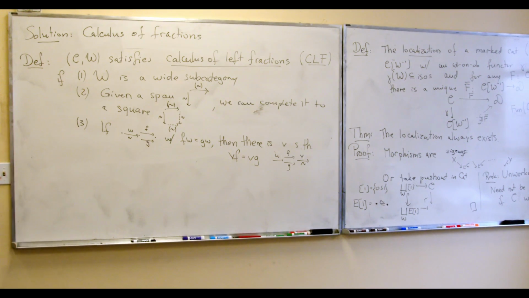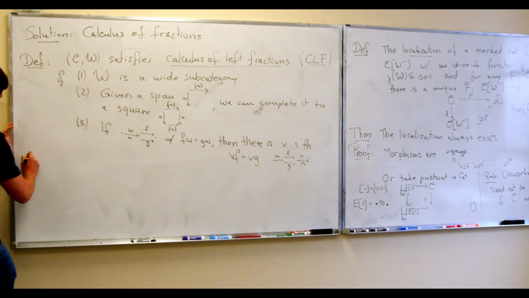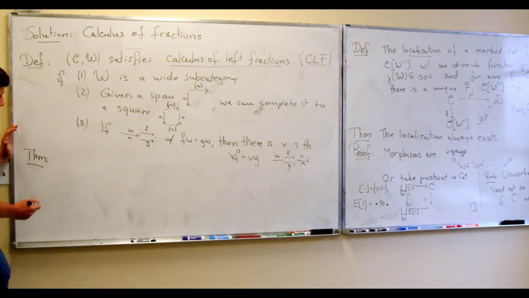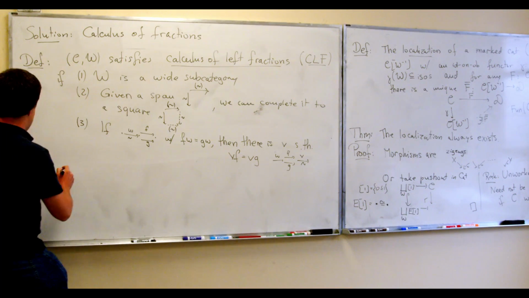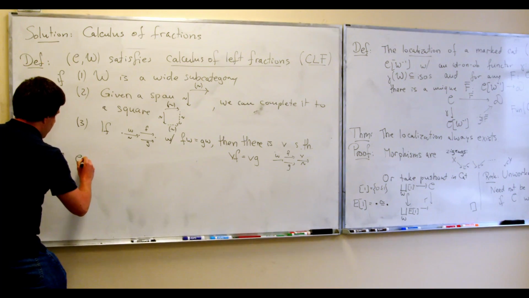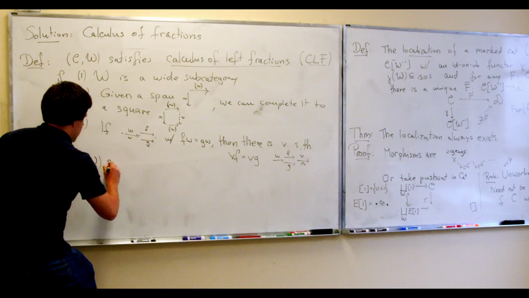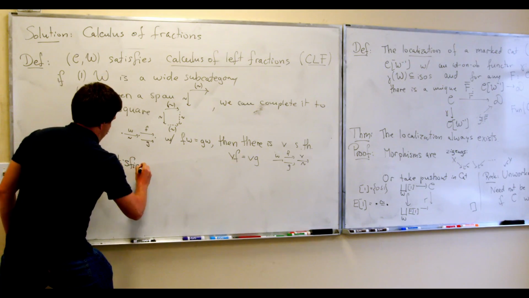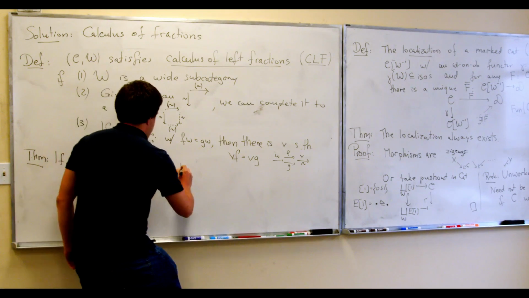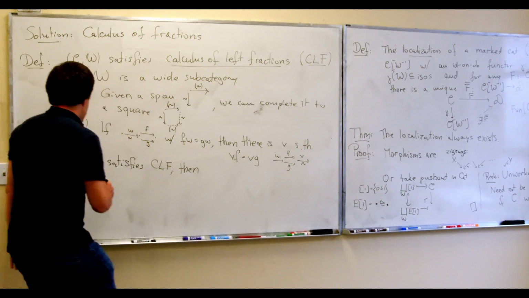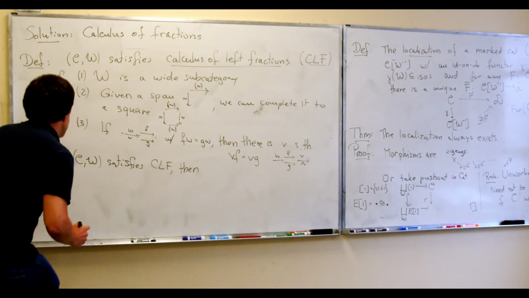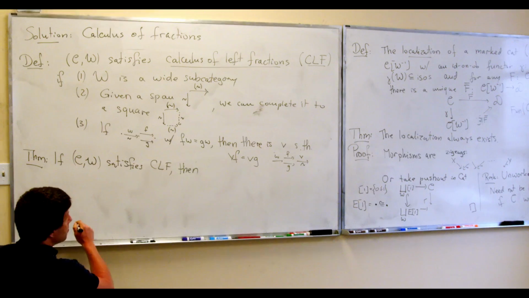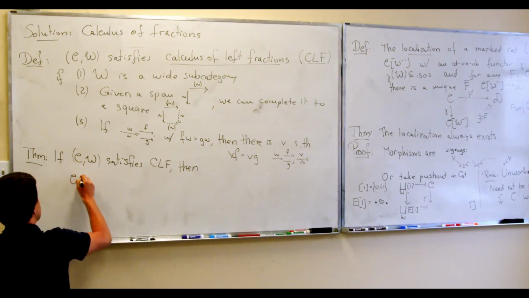Yeah, so we don't require that. Or to be more precise, Gabriel and Zisman don't require that, because this is all their stuff. So the theorem that they then prove is that if CW satisfies CLF, then I can actually give you a much simpler description of the mapping space or the hom sets.